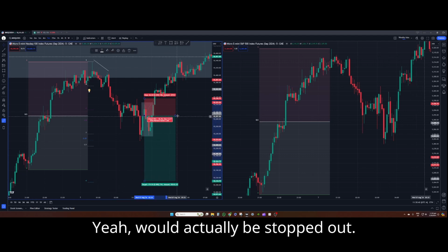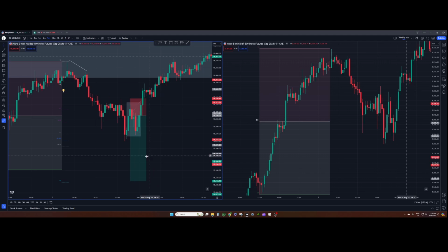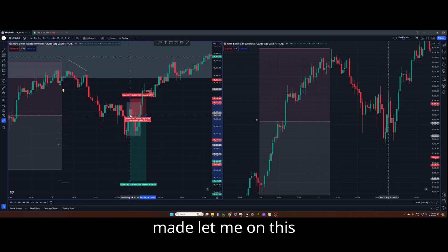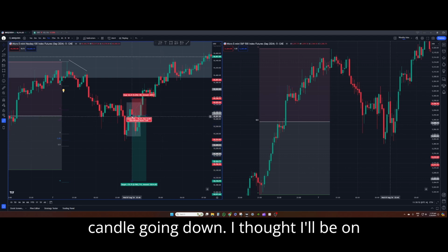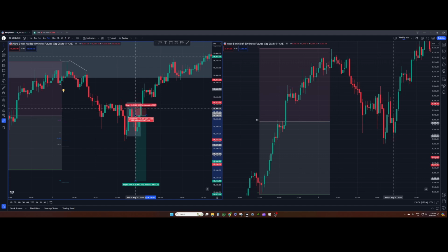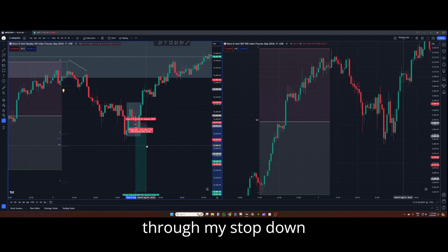Yeah, would have been stopped out. So this would have led me on. See this candle going down. I thought I'd be on side, and if I did not shift my stop, trail my stop down,